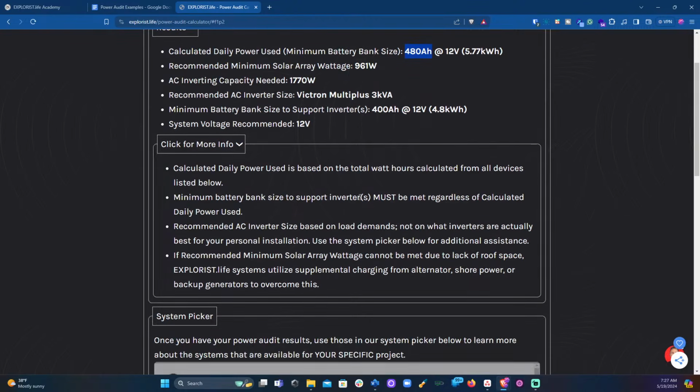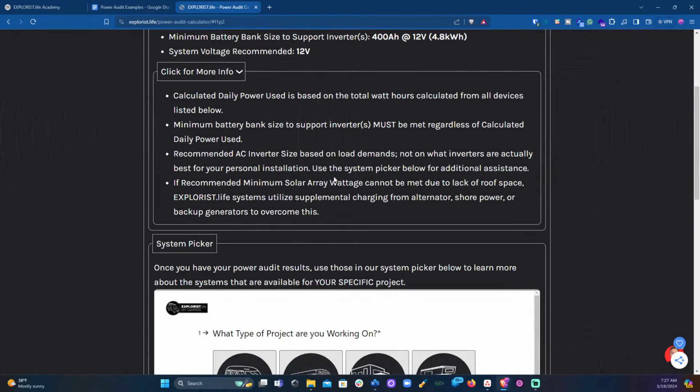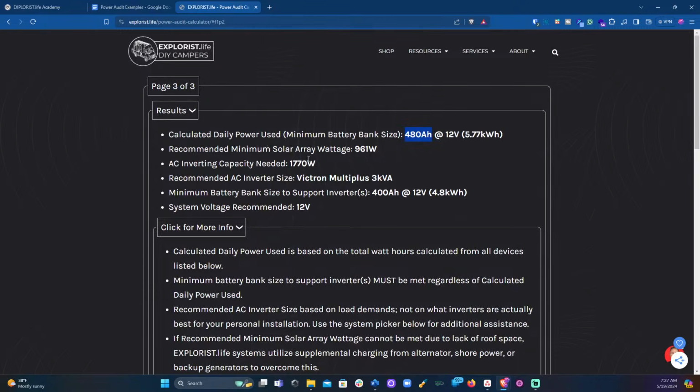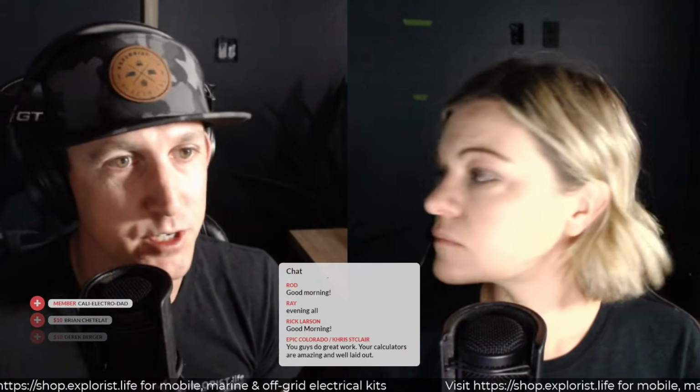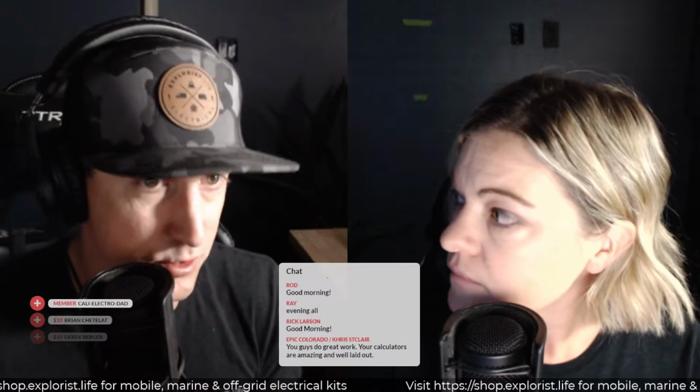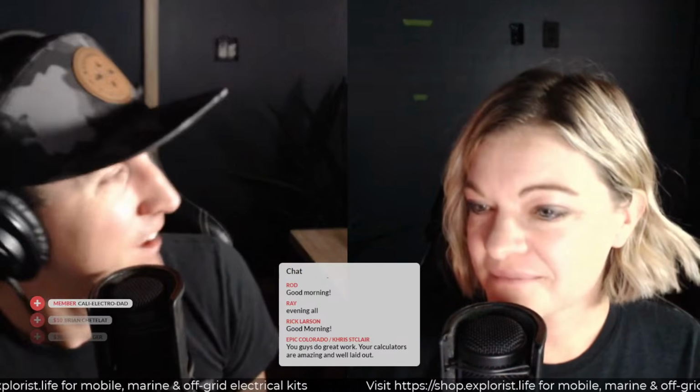Okay, so there's some more information here that you can read through, but I think I've explained all of this pretty well for the most part in the more info. But then, once you have this information, what do you do with it? This information is good to have, but if you can't do anything with it, the whole reason you're doing a power audit is probably because you're trying to build an electrical system, I would imagine, unless